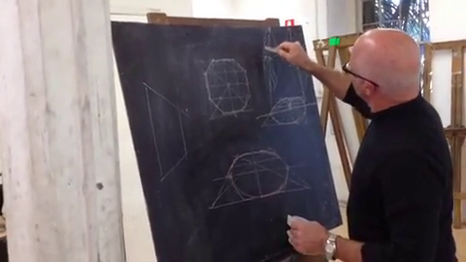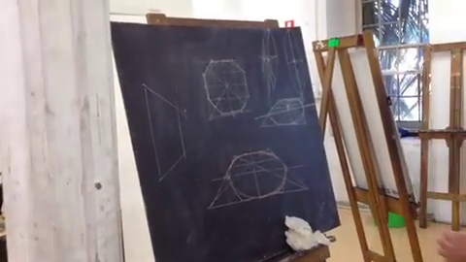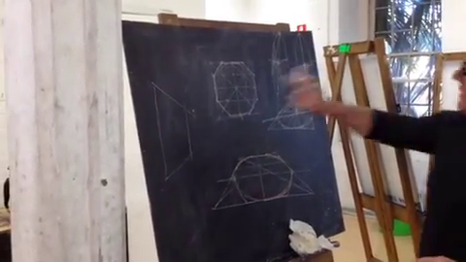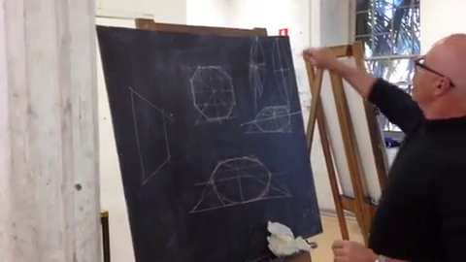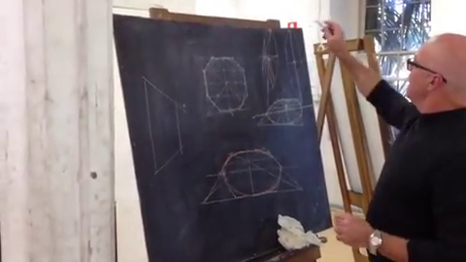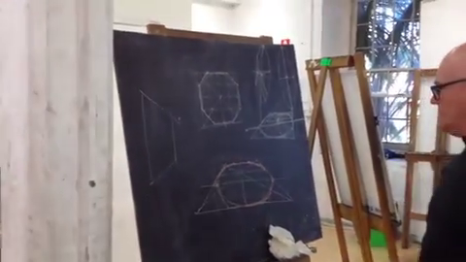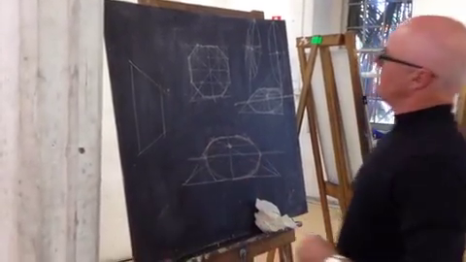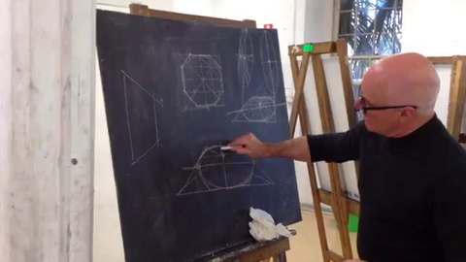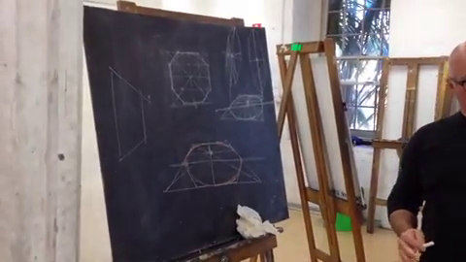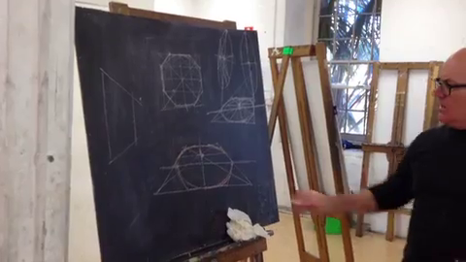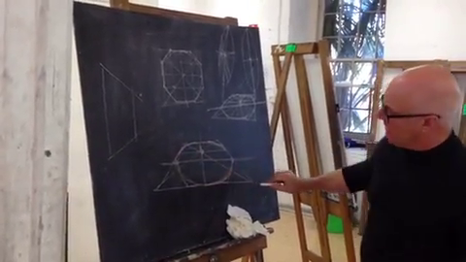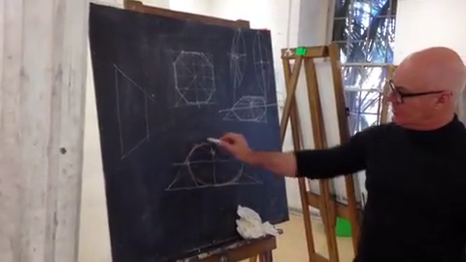So you're looking for two things. You're looking for the centre of the circle, which is this, and then you're looking for the centre line of the ellipse, and they will not coincide. So that's the centre line of the ellipse, that's the centre of the circle, and that's the important bit. So does that explain why a circle seen in perspective appears to be symmetrical? Does it explain